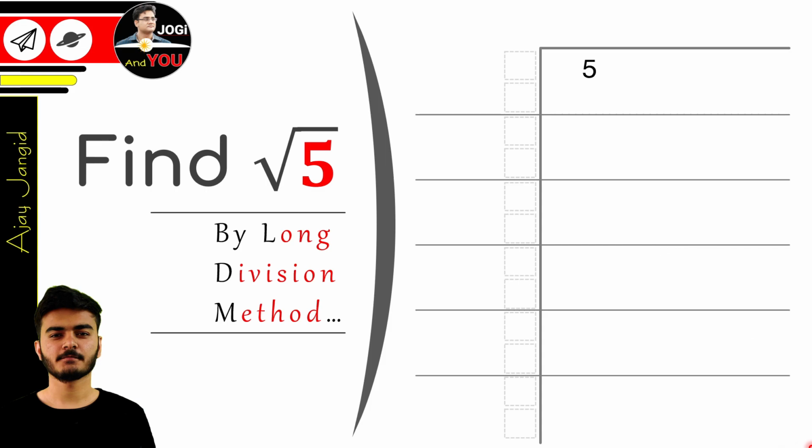But what if the number written here were not a single digit number, or might be a double digit number, or might be a multi-digit number? For that, make pairs of two digits from the unit side here. But we have a single digit number here, so how will we solve it? So for that, I put a 0 here before the number to make the pair. But yes, put it before 5, because 5 and 05 are the same. I only added 0 to make the pair.